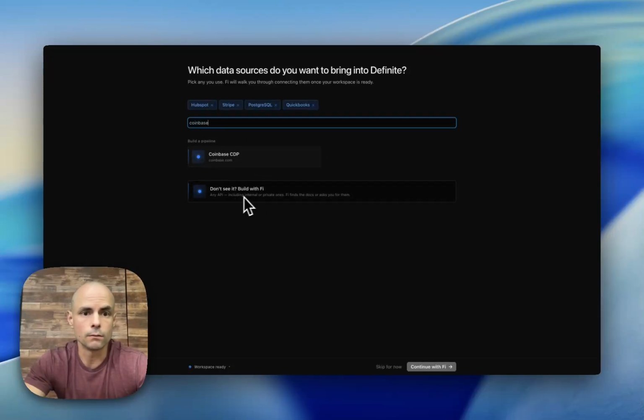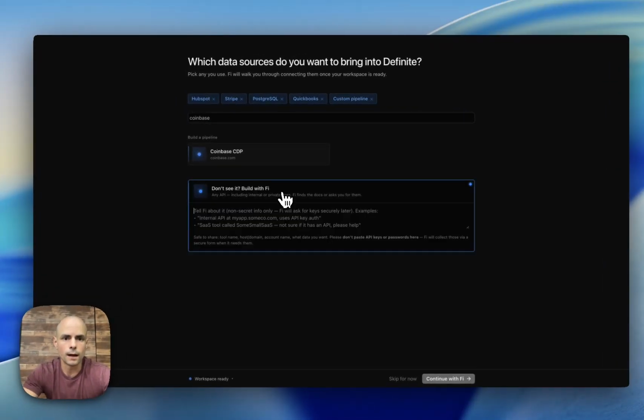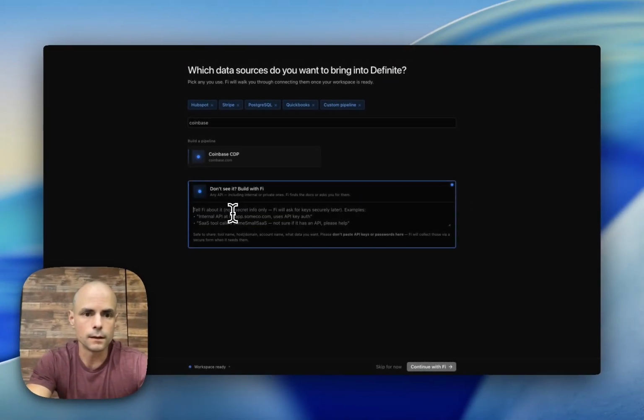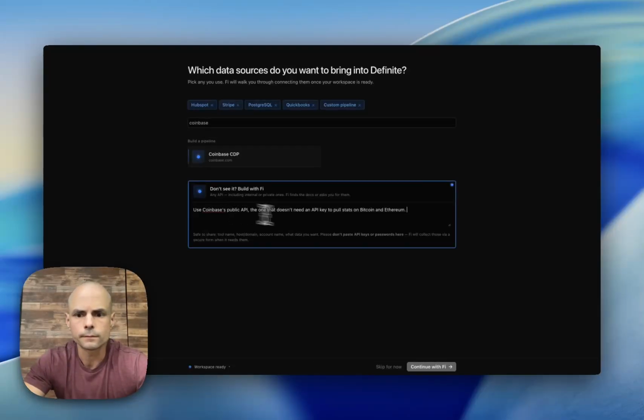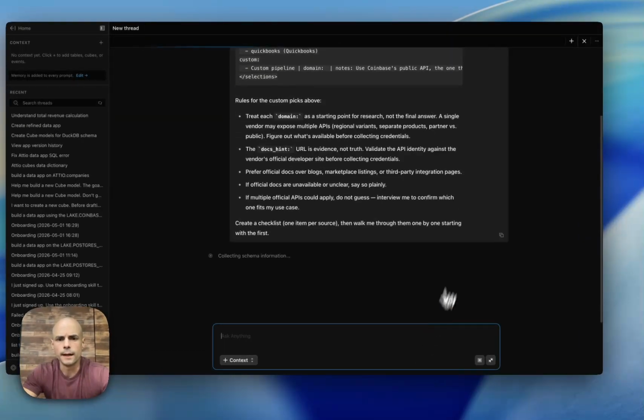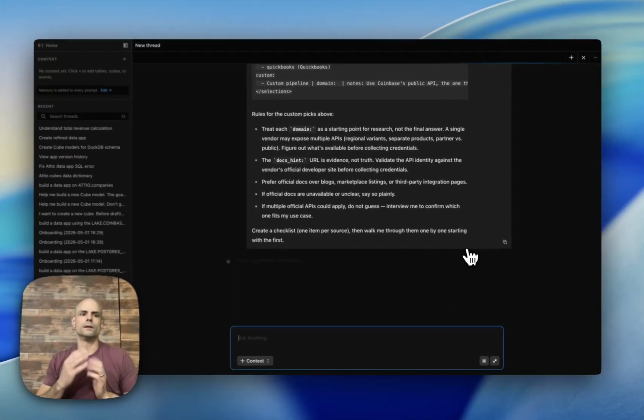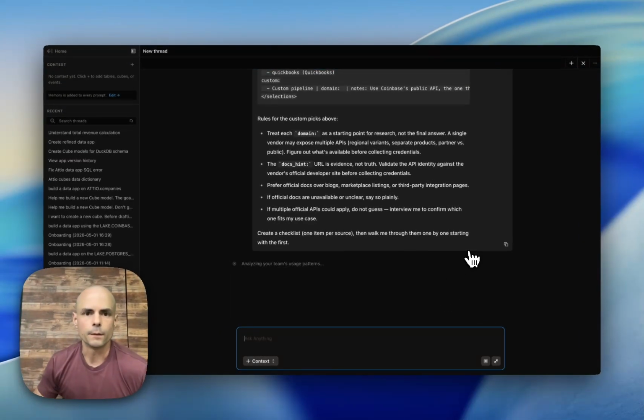But let's say we didn't have it listed at all. It's like an internal API you're using. You can give the agent some notes here. So let's say, use Coinbase's public API, the one that doesn't need an API key, to pull stats on Bitcoin and Ethereum. We'll hit continue, and this will drop us into the agent with all of the context that we need to